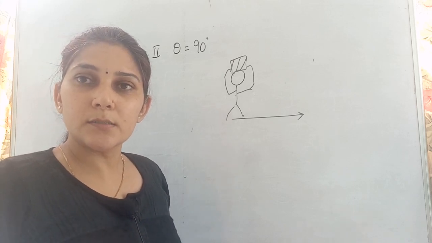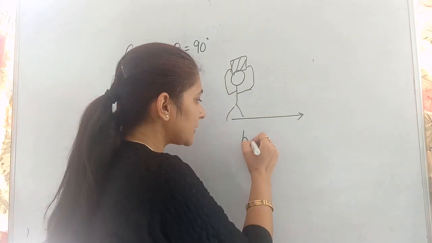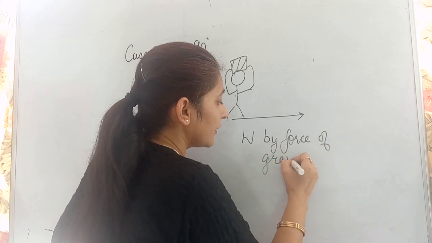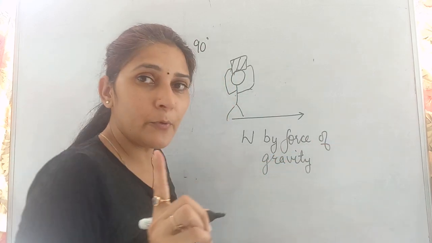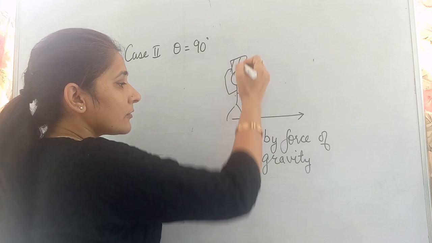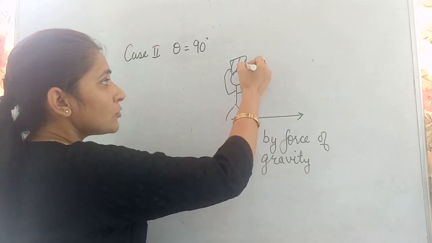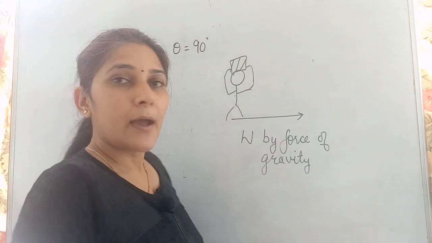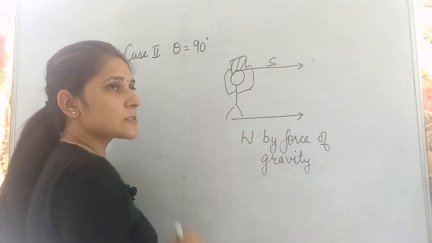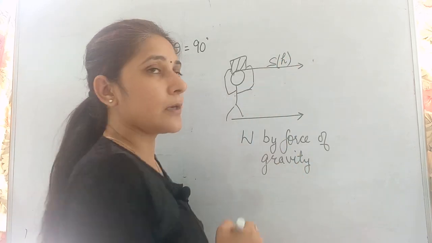Now what is the work done by force of gravity? Listen to me carefully. Again I am saying work done by force of gravity. आपको ये find out करना है, not work done by me. ये नहीं बोल रही मैं, work done by force of gravity, that you need to find out. How can you find out this work done by force of gravity on load? So I am displacing the load, and this load is displaced in this direction because I am moving in forward direction. So this is the direction of displacement, right? And this displacement can be written by h.